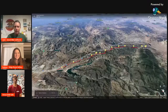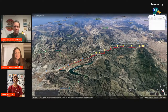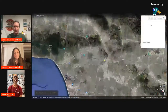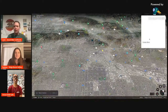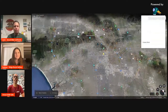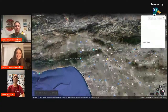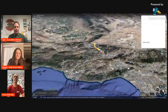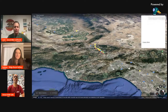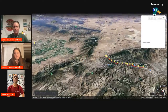Let's bring in our fun little 3D virtual walkthrough, if I can find it. Oh, and I went too far ahead. We'll have to go all the way back to the start because we kind of went over all the notes here. But awesome. Once again, we use Google Earth. So basically, just for reference, from Los Angeles it is probably about a 40-mile drive to the southern end, which is Castaic, and it's kind of smack dab between here and Bakersfield. And then just to zoom in to give people a bigger look,